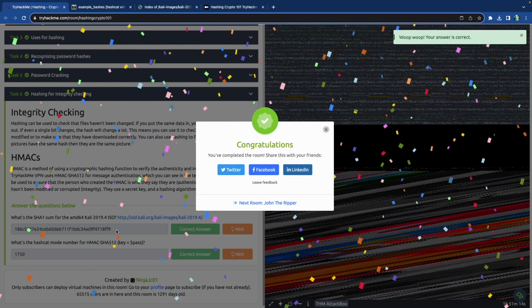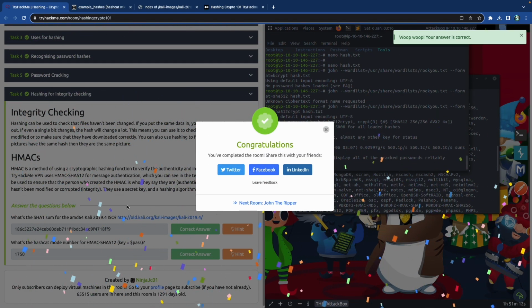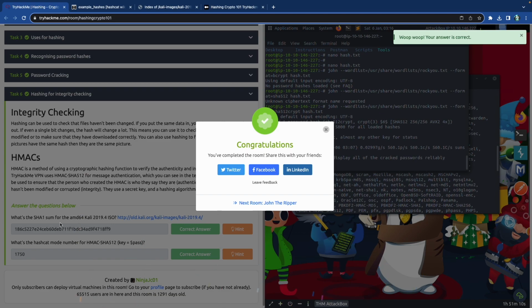My goodness, I cannot believe that I spent so much time on that second to last question right here. But yeah, that was it. So this was the intro to cracking hashes, and we learned how to do it with online tools. We learned how to do it with John the Ripper. We learned how to do it with CrackStation, and we learned how to look up hashes on the Hashcat website, and how to look up the sum for Kali Linux and all this different kind of stuff.